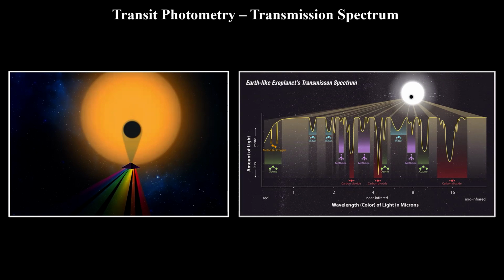As the light from the parent star filters through the atmosphere of a transiting exoplanet, a small fraction of the light is absorbed by the upper atmosphere of the planet, making the exoplanet appear larger. The degree of atmospheric absorption is dependent on which atomic and molecular species are present, as well as the wavelength of the observations. An example of an Earth-like exoplanet transmission spectrum designed by JWST is on the right-hand side.